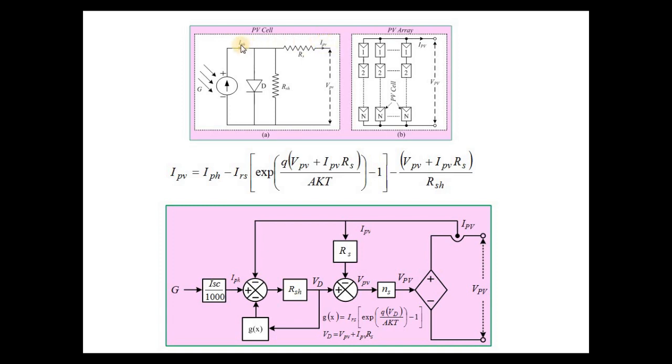See, the generation of IPH only depends on the current source. This is the current source. So we are thinking that this is the only current source converter for generating IPH. Exactly, it is true. But if we are looking at this side, IPV and VPV, the actual outputs are IPV and VPV.